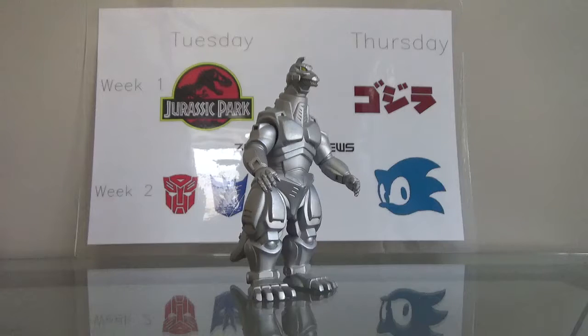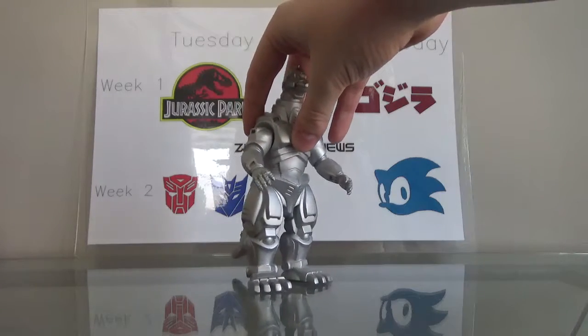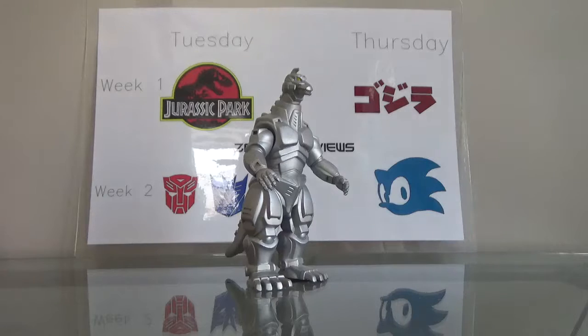But either way, not much with the paint. Bandai usually does a good job with making their figures, little paint apps, but they do a good job with it. However, with this figure, I would have liked it if there were just little bits of maybe different shades of metallic silver, like darker or brighter. Maybe darker on the bottom half, but I don't know. I think the SH Monsters Mechagodzilla 2 does a better job with the metallic paint apps than this figure. But then again, this came out around, I believe, hold on, let me take a look at the box here. 2005. And as you know,